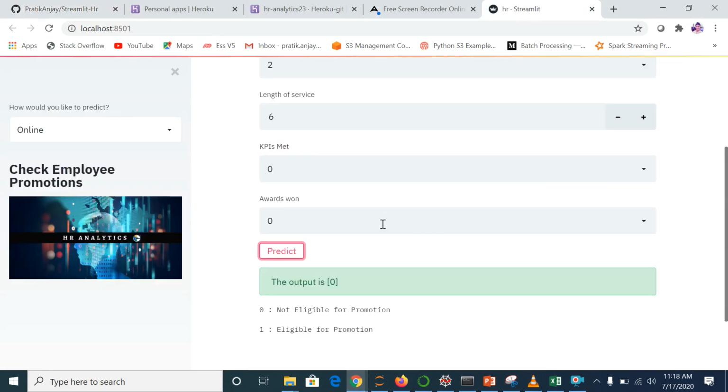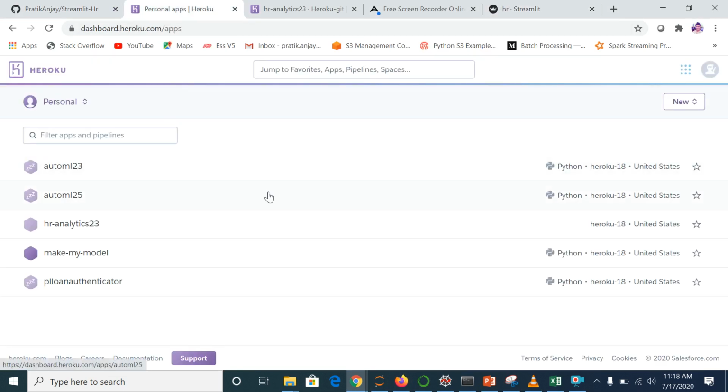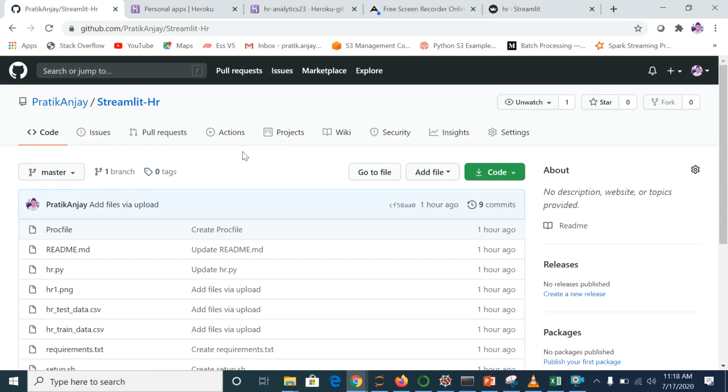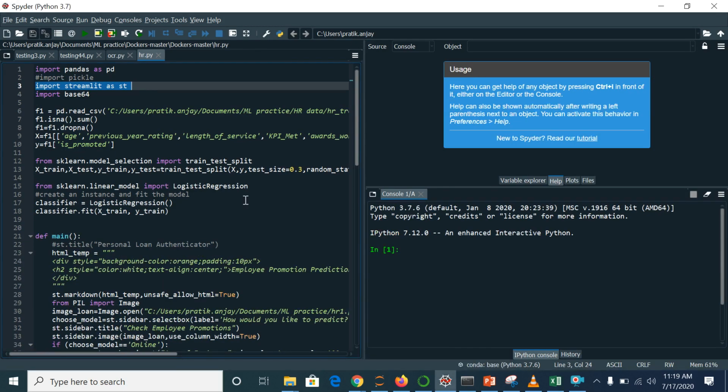This is the application that I have built on machine learning, and this is my Heroku dashboard. This is my GitHub. This is very important to deploy your machine learning models on the Heroku platform. First I will give you a little information about the code, what exactly it is doing, and then a demo of the application. Then I will explain the different files that I have created in my GitHub directory, and then I will show you how we are going to deploy the model. So first, this is my code.